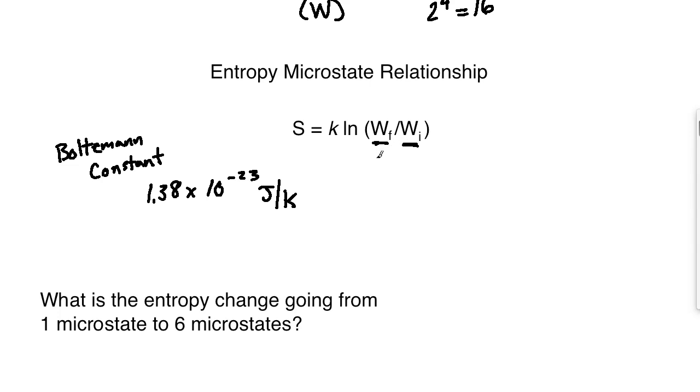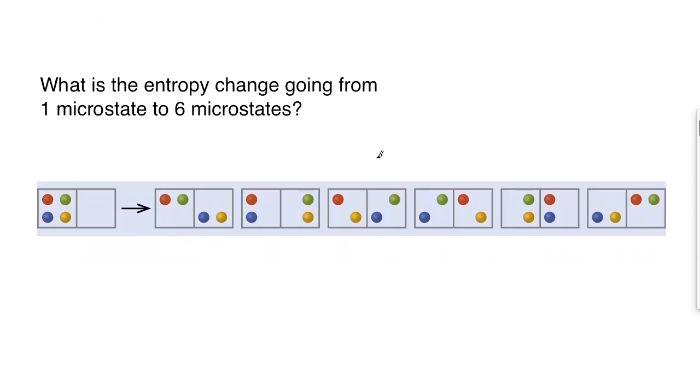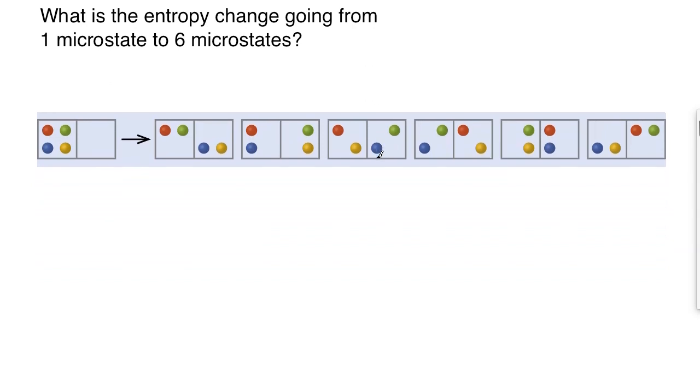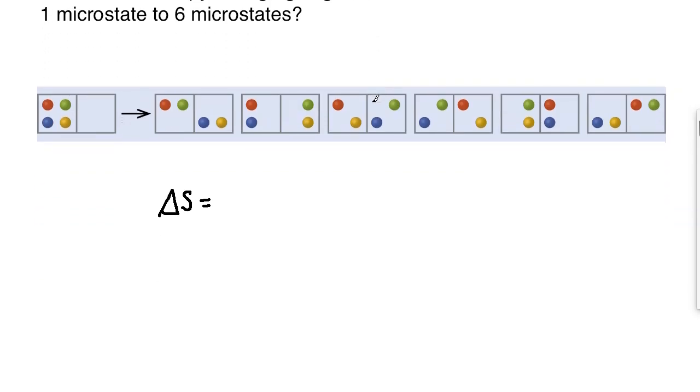Okay, so there's a problem in your book, and it says, what is the entropy change going from 1 microstate to 6 microstates? We can solve that using what we just outlined. Now you're going to see a delta S here because we're talking about the change in entropy, going from one state to another. So delta S equals, and I probably should have put a delta in front of this, because we're talking about final and initial, so that is a change. Delta S equals the Boltzmann constant, 1.38 times 10 to the negative 23rd